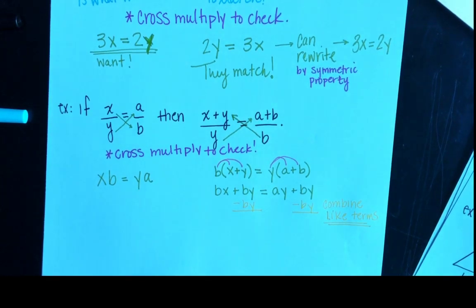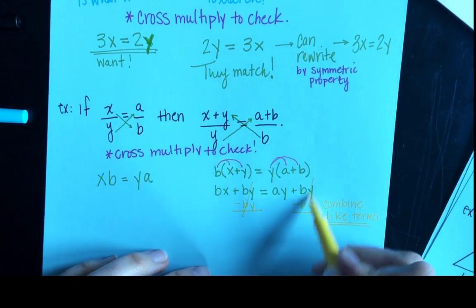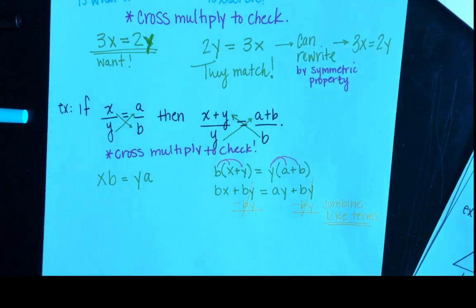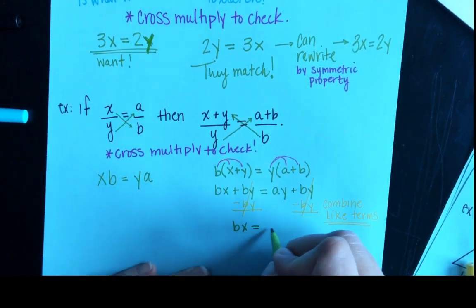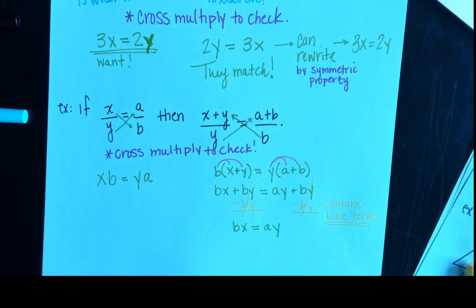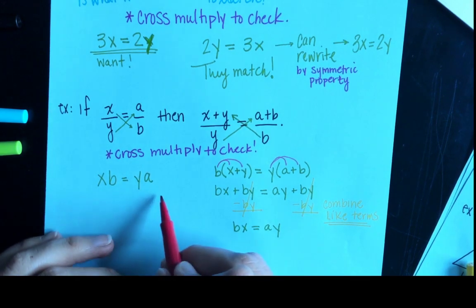So we're going to combine like terms. Yep, there's a b on both sides. So when we combine like terms, they're going to cancel. And what we do end up with, even though it didn't look like it at the beginning, is that they are in fact equivalent. So without a doubt, patterns help,